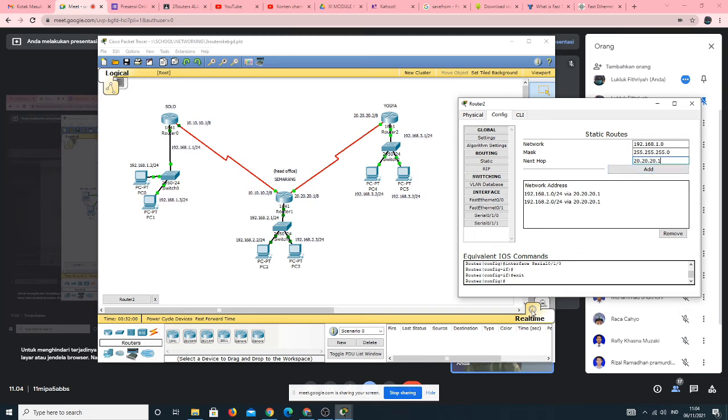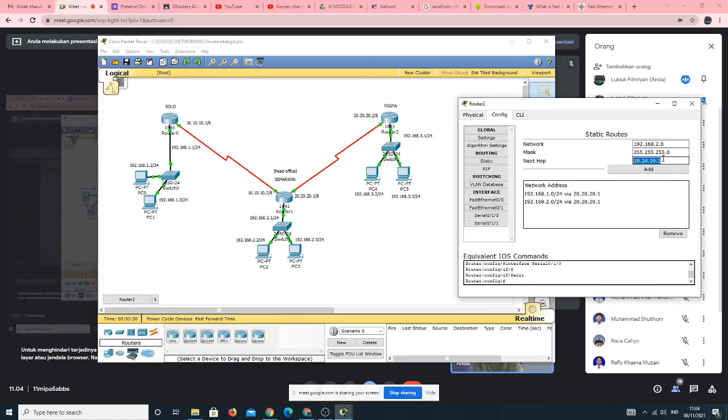Once more, for the IP route of router Jogja, we are going to make a connection to LAN Semarang ya, with the IP fast Ethernet of Semarang is using 2.1 in here. So we have to configure the network 2.0 for the static route, and then subnet, and then next hop.